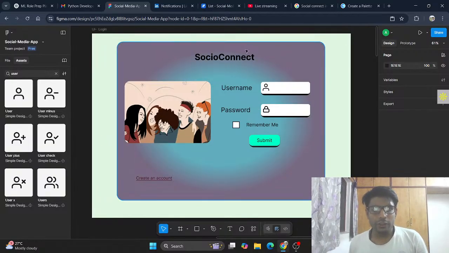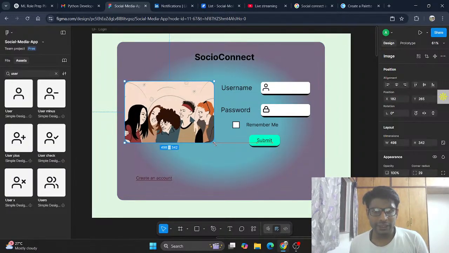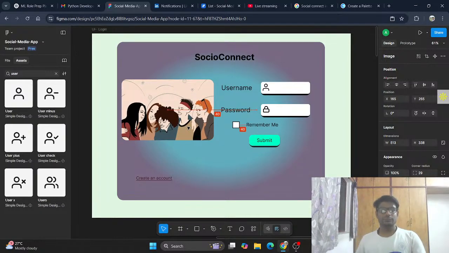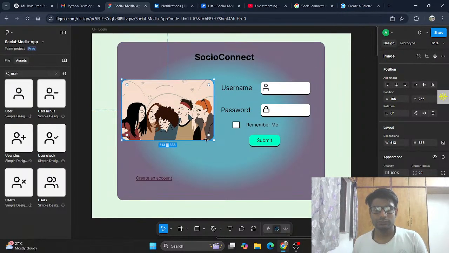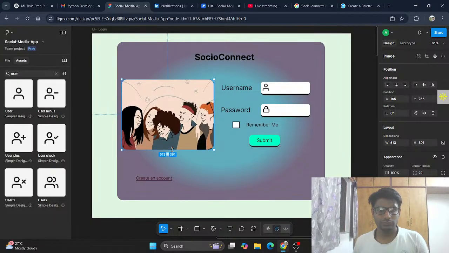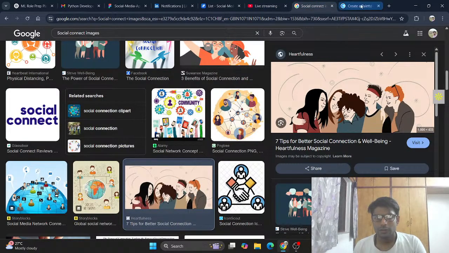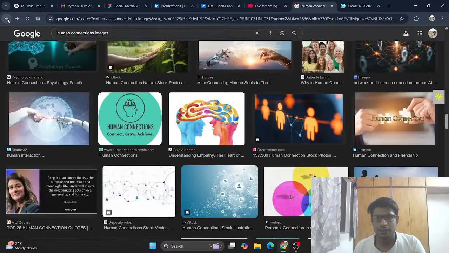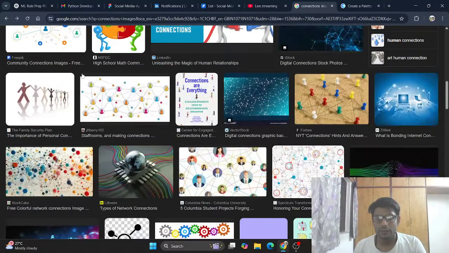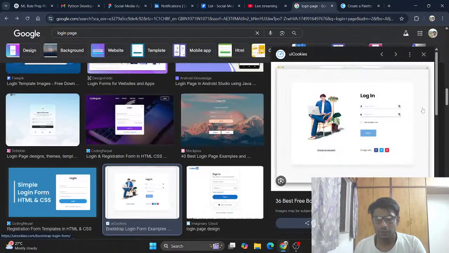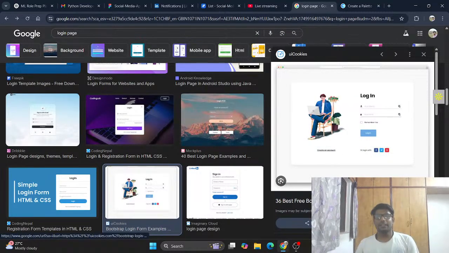So yeah, we are good to go with this thing. Image could be a bit larger. So now you can see, compare the images. See,